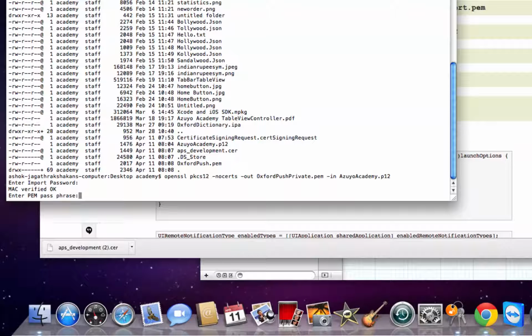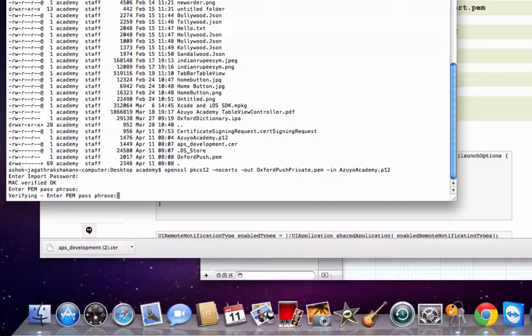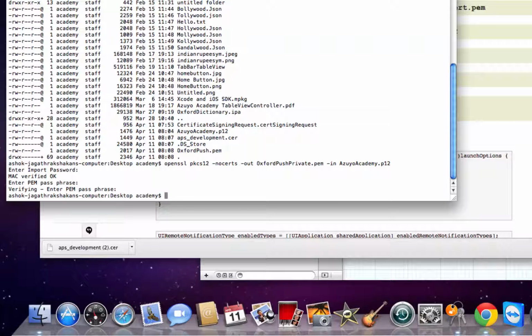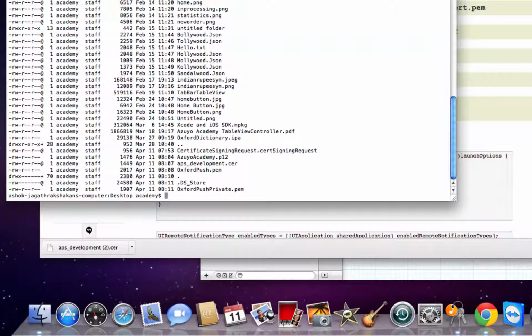Mac verified. Okay, enter passphrase. Again I'm simply giving the same Azure as the passphrase. Okay. So it has created another file called Oxford push private.pem. Okay. So now we have to